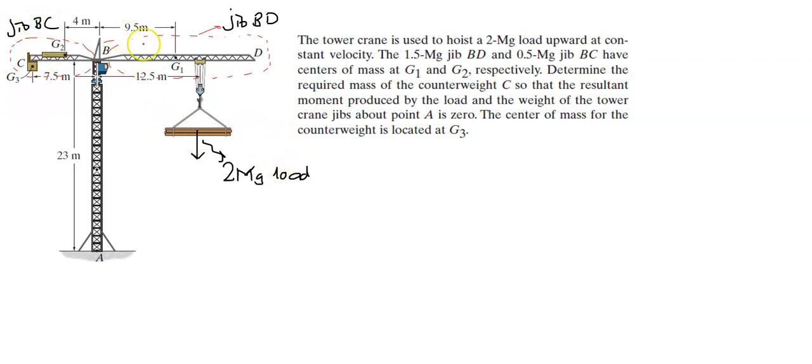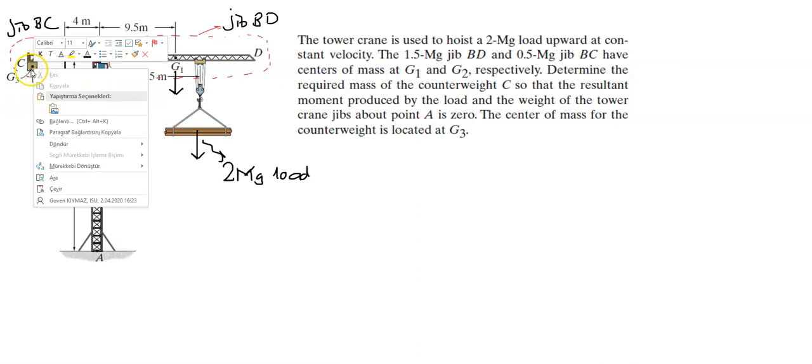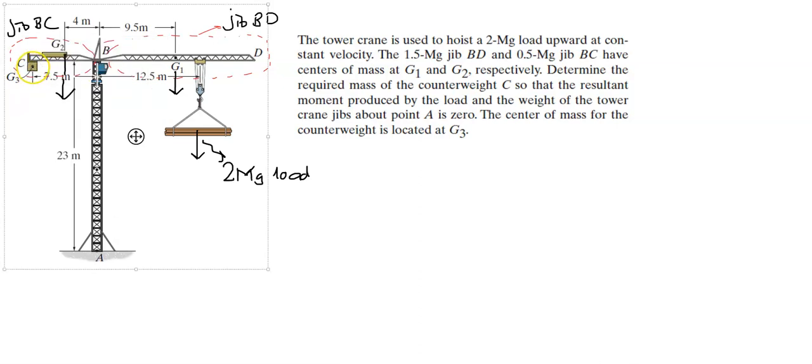Okay, what else? So the center of mass for jib BD is here at G1, so we have a weight of this jib downward, and the center of mass for jib BC is here, so we have a downward effect here. Okay, and we have another weight here,